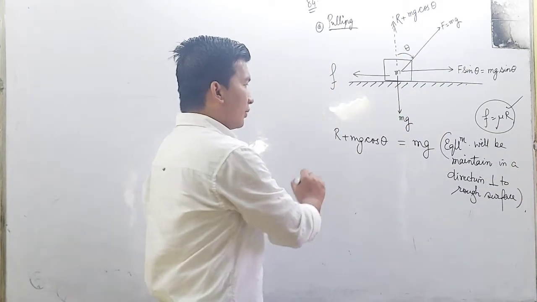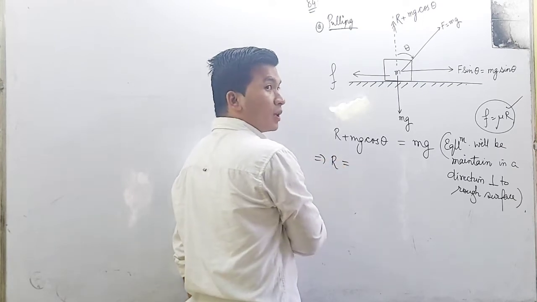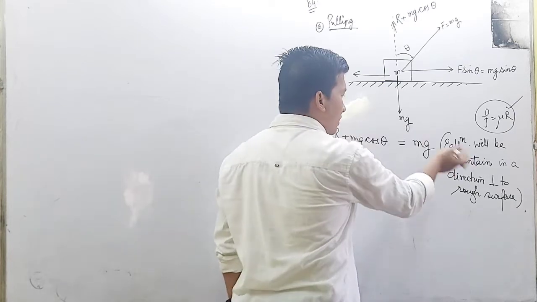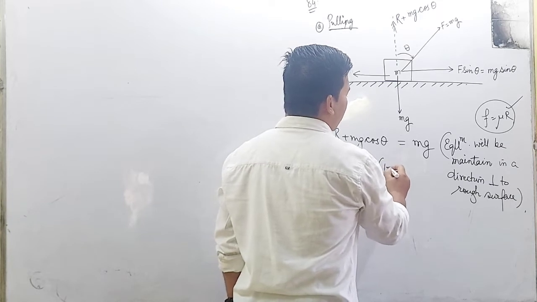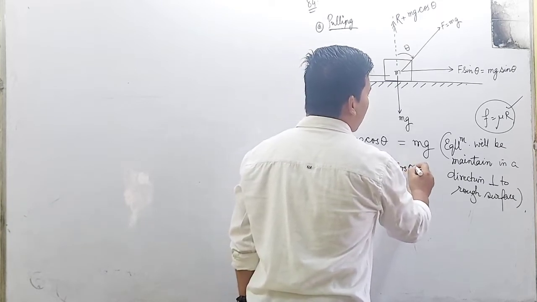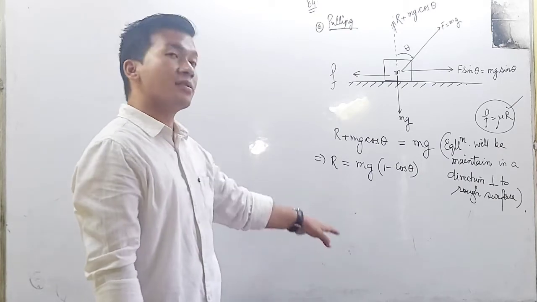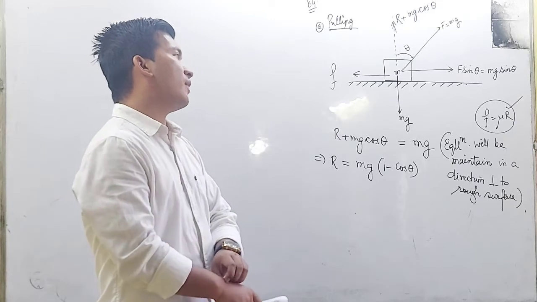From here we can evaluate the value of R. R will be equal to what? When this mg cos theta is transferred over this side, it will be mg taken common out and it will be 1 minus cos of theta. Understood the point? Once we get the normal direction, we can find out the value of